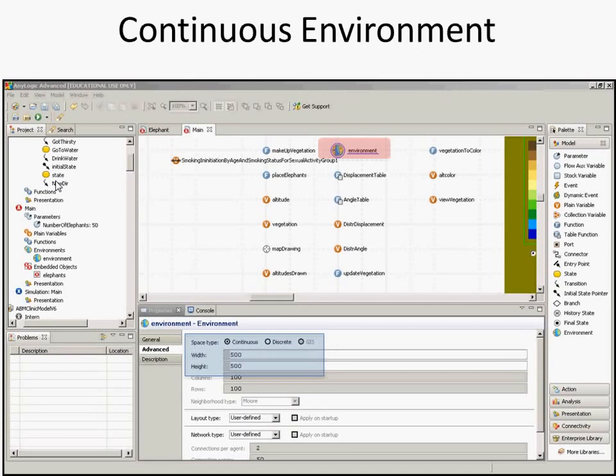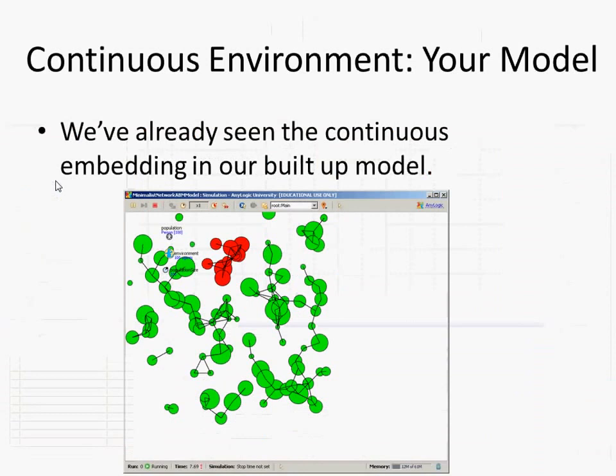And you'll notice that there's other types here, but this is a continuous space. You'll also notice that these last two, the columns and rows, are grayed out. They're not enabled. They're disabled from a UI perspective, and we'll see why that is. They're only germane to discrete spaces. So here we had a continuous space, and this continuous space allowed us to